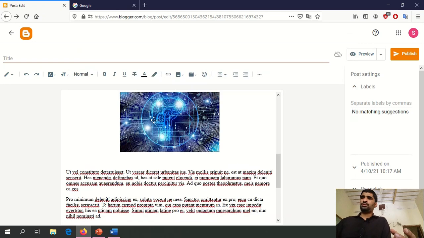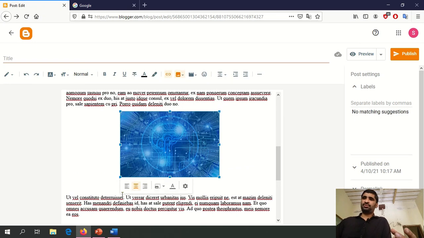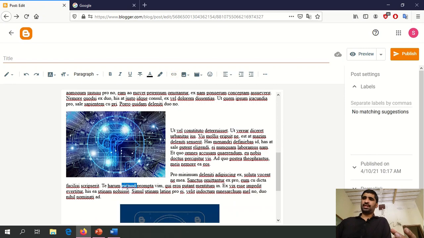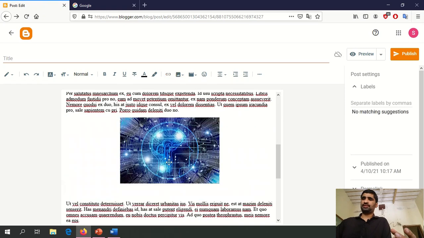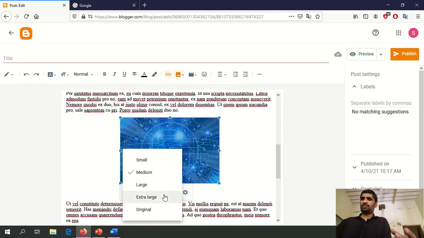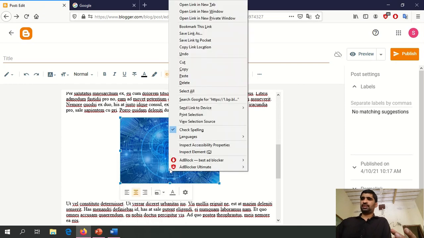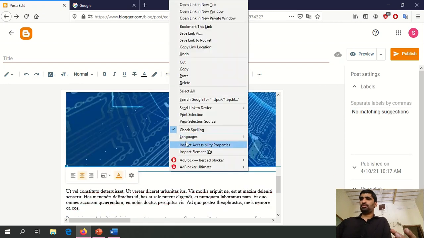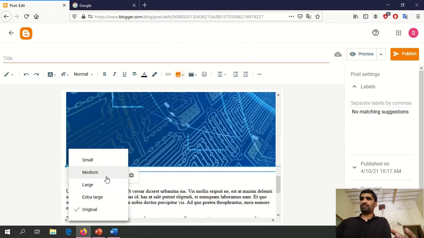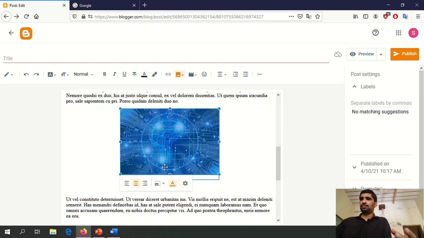Okay, so when we select the image, you see either you want the image aligned left, aligned right, or in the center. I'm putting it here in the center. And for what kind of image size you want: original, extra large, large, medium or small. If I select original, then it shows this. You see this is the original size, but I'm not interested in the original size. I say medium, and you can change the caption.